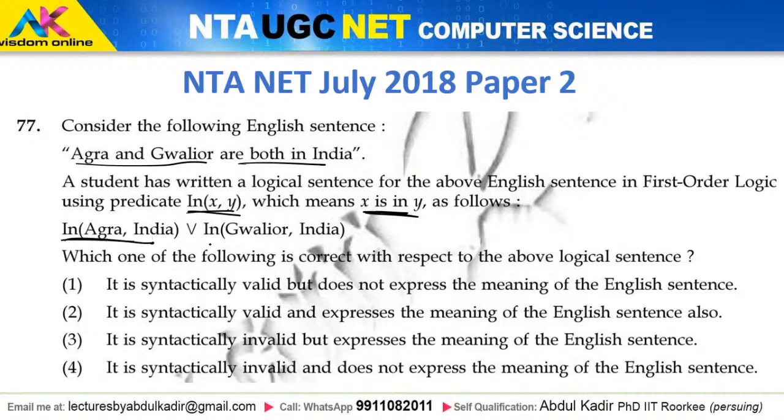आगरा इंडिया में है और ग्वालियर इंडिया में है। ओके, तो अब सुनो, अब देखो ये जो ओरिजिनल सेंटेंस है वो क्या कह रहा है, ओरिजिनल सेंटेंस कह रहा है कि आगरा एंड ग्वालियर दोनों इंडिया में है। तो ओरिजिनल सेंटेंस अगर मैं किसी को बोलूँ तो उसे पता चलेगा कि आगरा भी इंडिया में है, ग्वालियर भी इंडिया में है। तो उसे ये पता चलेगा कि ये इंडिया है और इस इंडिया में आगरा भी है और इस इंडिया में ग्वालियर भी है, ठीक है।